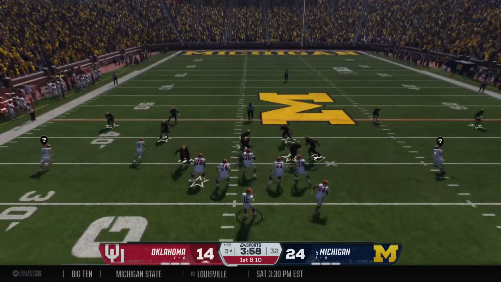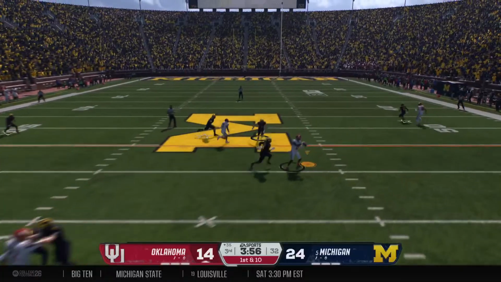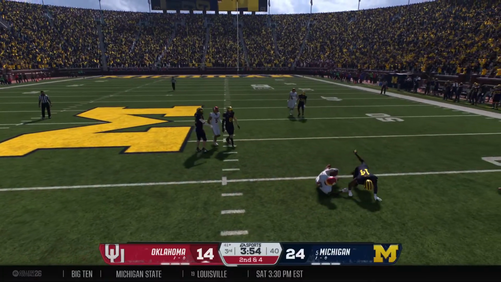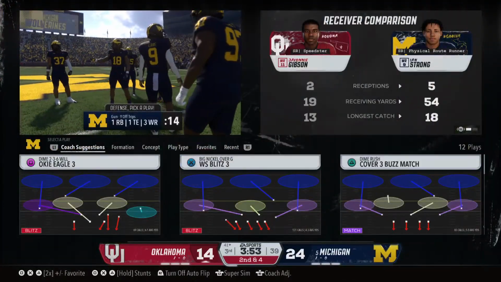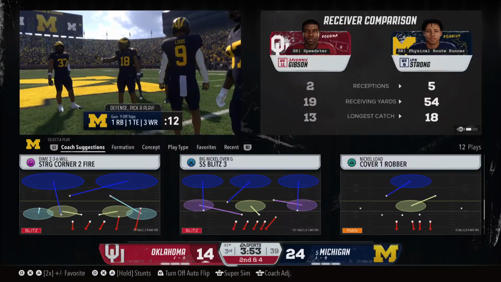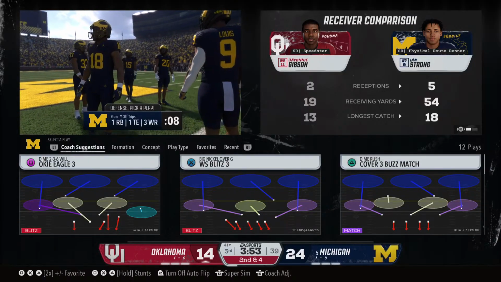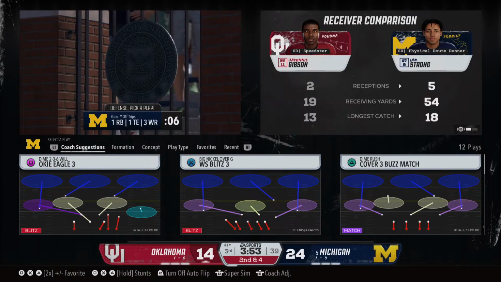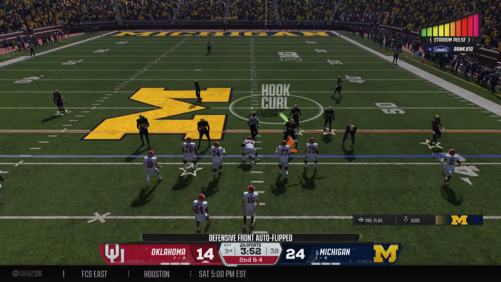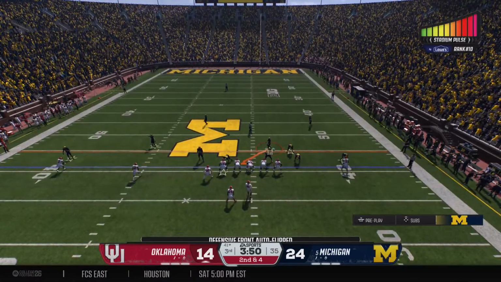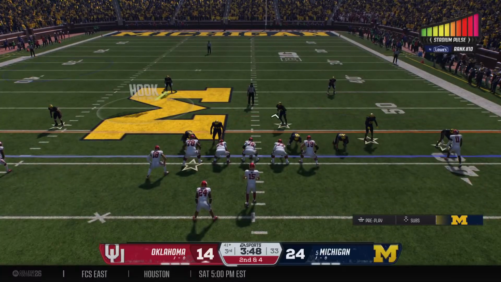Well, you just get the feeling, too, that if they're going to claw their way back in this game, his legs are going to have to be a factor. What a great job scrambling that time. Nothing open. He didn't panic. He saw some green grass and was able to get outside, away from the defense, get upfield, pick up the first down. That play is going to help their momentum. They need more scramble plays like that from him.